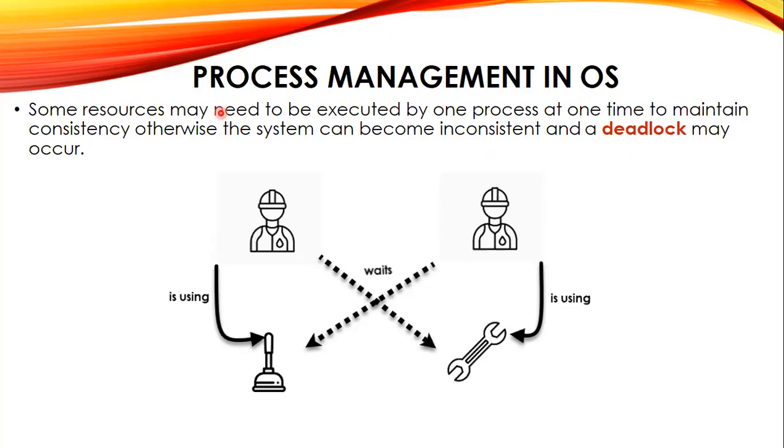So the order of the process, the synchronization is very important. Otherwise, some error may occur or some inconsistency may occur, and at the end, a deadlock may occur. I explained deadlock before. Actually, here in the example,